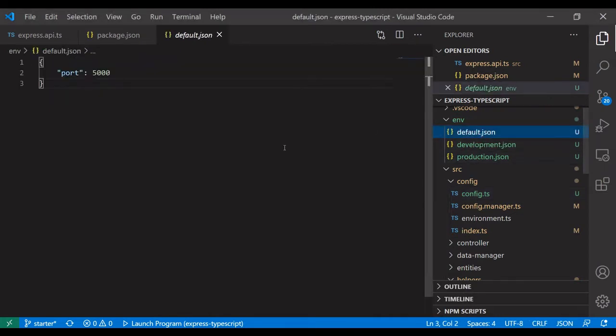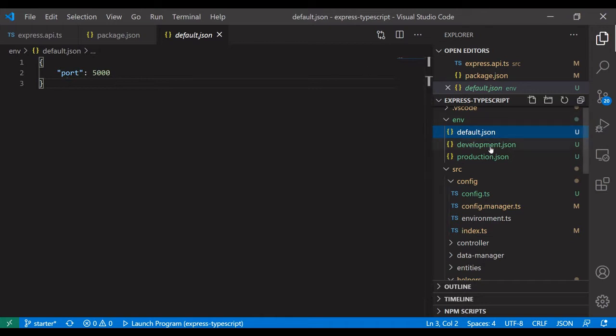What's the default? If I have multiple environments, for example development, test, production, UAT or others, some of the fields may be the same for all the environments. I don't want to make a copy in every configuration. The port number, whether it is a development, production or UAT environment, remains constant at 5000. So I can add it in the default. I don't want to repeat it in each copy.